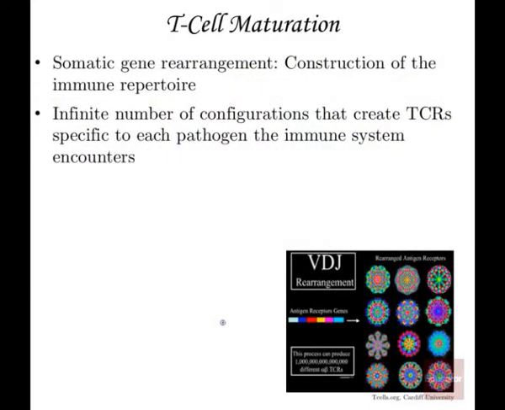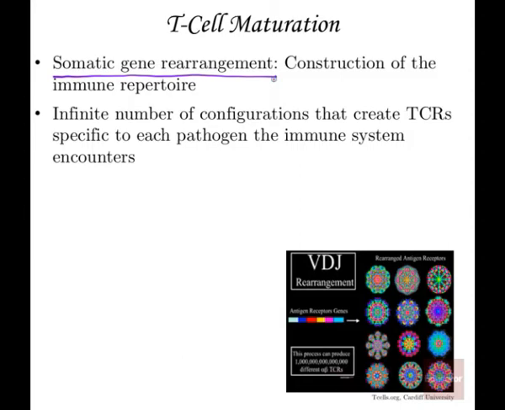So to continue our discussion about T cell maturation, you might then ask, how on earth do all of these T cells get created? For each unique infection by each unique antigen, we launch a unique population of T cells. In order to create those unique T cell populations, we undergo somatic gene rearrangement. All the genes in all the cells in the human body come from the germline DNA, but in this particular situation, the specific T cell receptor is what generates the particular configuration of these somatic genes that then go on through mitosis